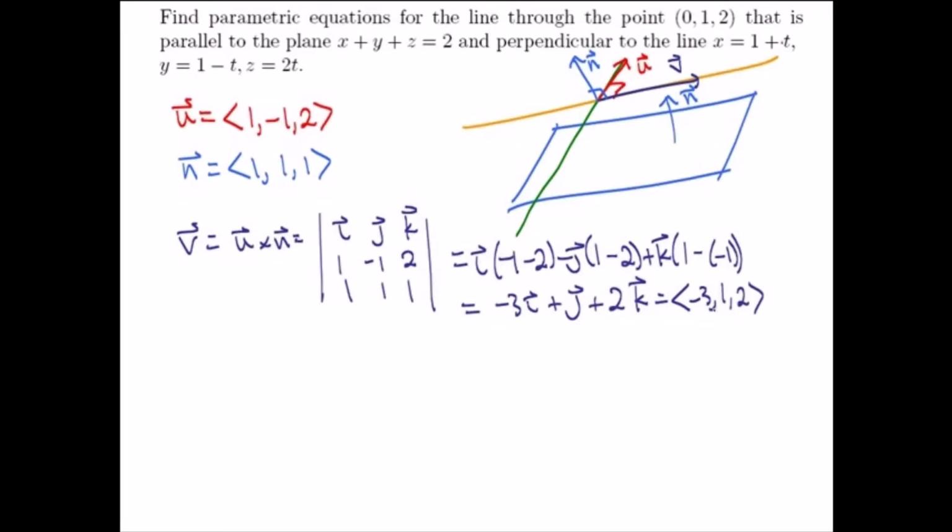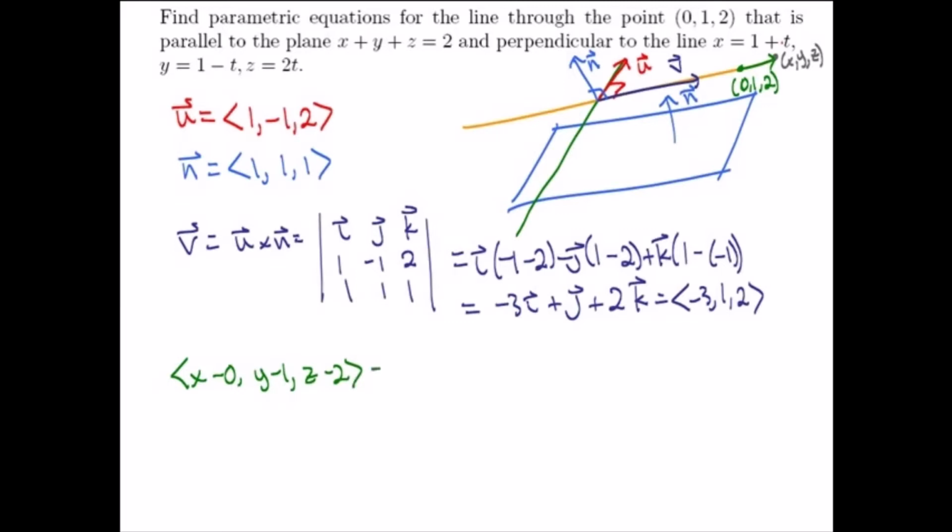Once we got that, then we're in business. We have a point on our line. Say we have the point right here at (0, 1, 2). And what we do is pick any other point that we want to be on our line, some point out here, (x, y, z). And we form a vector from the point we know is on our line to any point (x, y, z) that we want to be on our line, and that vector has to be parallel to the direction vector v. So that vector is given by (x - 0, y - 1, z - 2), and